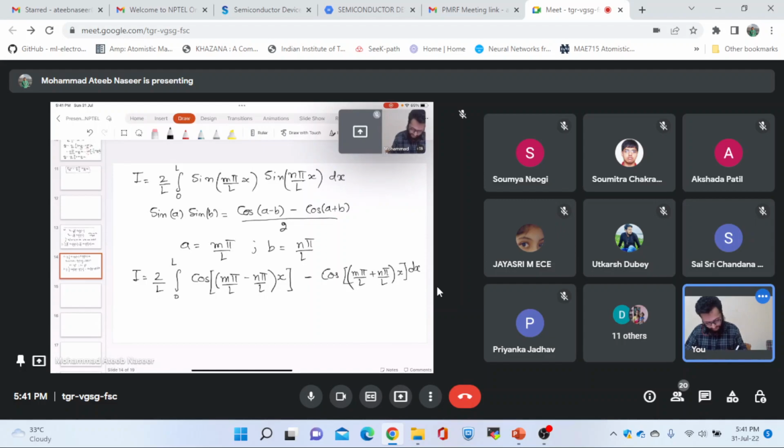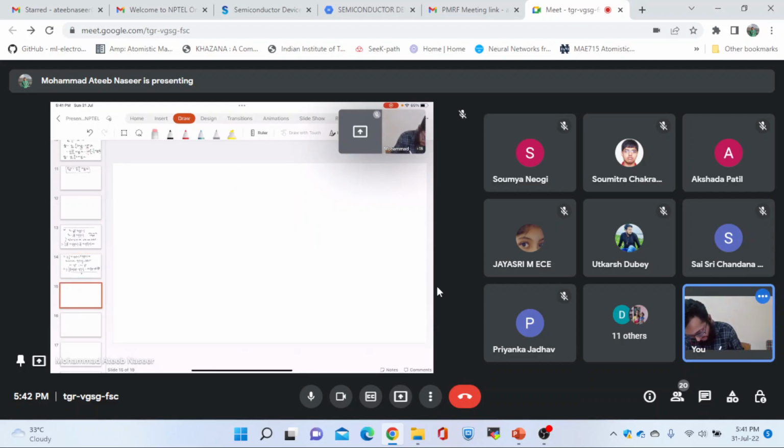So this dx is for the whole. What we have to solve is this integral, and I think I missed the factor of 2. Yes, it should be divided by 2, as the identity says. So I will be getting I to be equal to